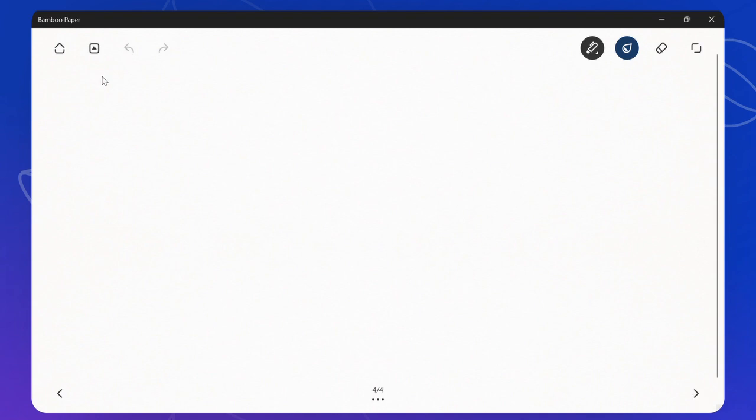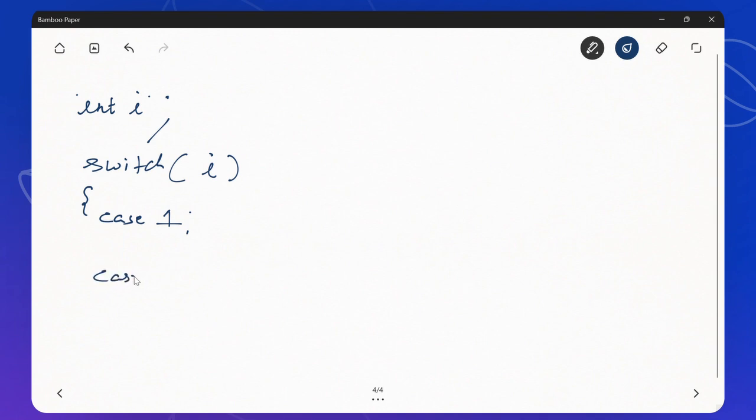Another very important thing is, for example, let's write a simple program: int I, and we take an input from the user for the I value, whatever the user wishes to give, and we put a switch on this I. We will put curly braces because there is more than one case, and we say case 1 printf something, case 2 printf something else.